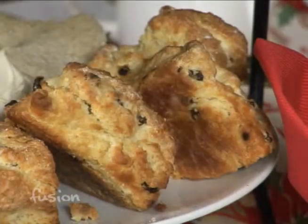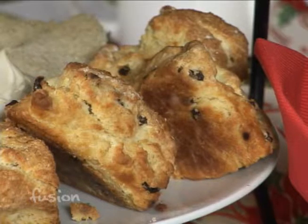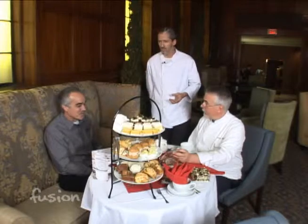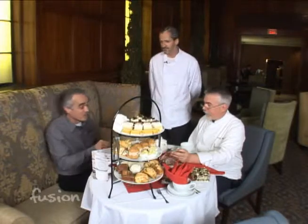The scones are baked to order, so we have 3 different seatings, and they just come right out of the oven, hot. They get served. And fresh is really key. And fresh is key. Fresh is great. And also it's hand mixed, and the butter is whole, or relatively whole. So what happens is it becomes tender and flaky at the same time. They look wonderful. I'm going to pour tea while you...